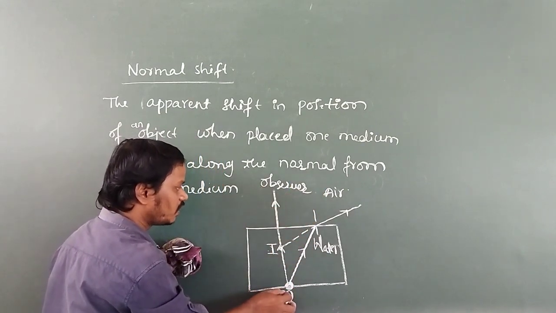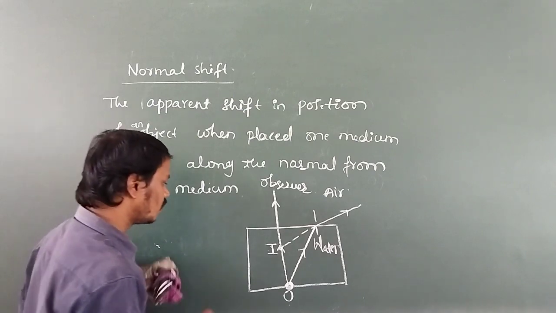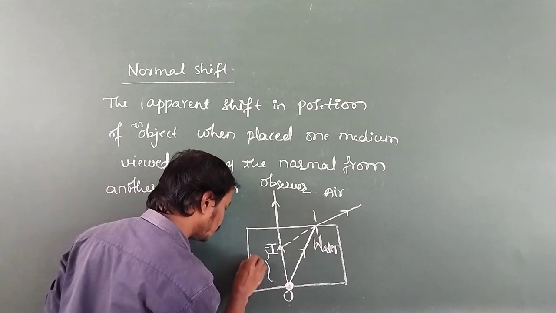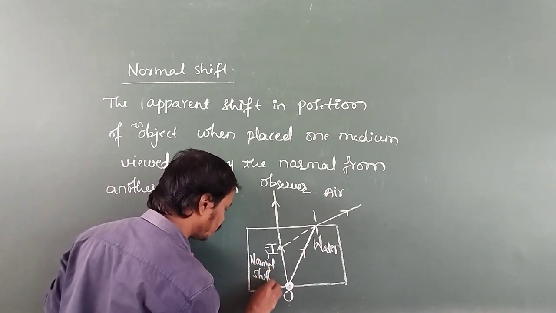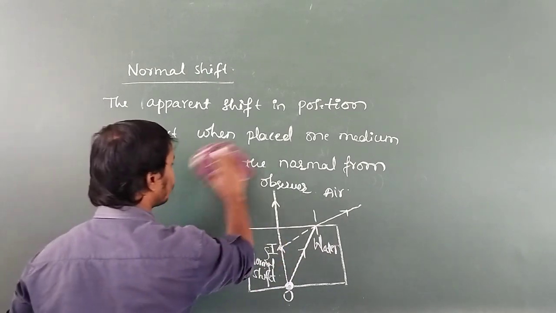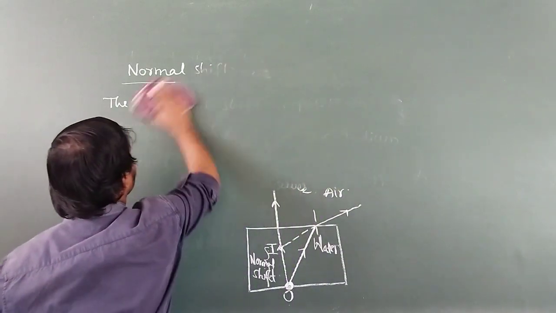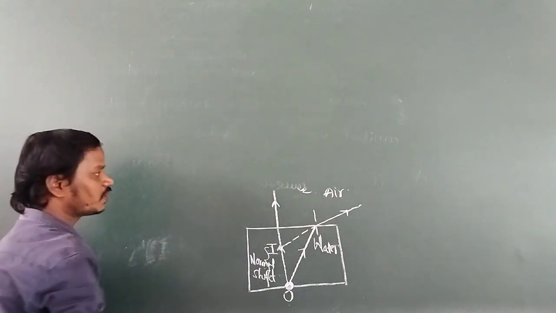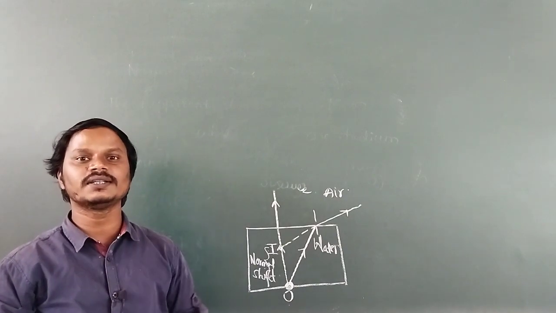Observer seeing this object along the normal. Now this shift is called normal shift. Now let us take OI is called normal shift. Okay, now what is the expression for normal shift? Before that, before writing the expression for normal shift, we have to know what is real depth and what is